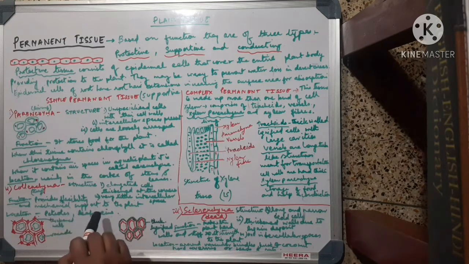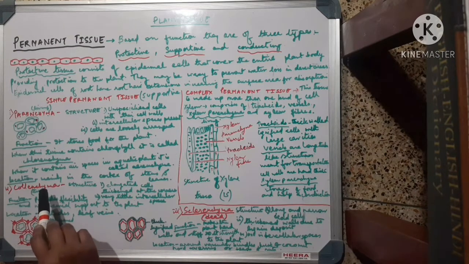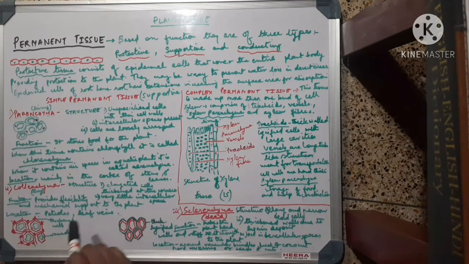What is giving mechanical support? Here mechanical support means the plants are generally strong. When you pull a leaf or pull a root out of the earth, you can feel the strength in them. That support is given by collenchyma cells. The location here is petiole and leaf veins. These are two main regions where you can find collenchyma tissue. And this is a rough sketch of how the cells are arranged.